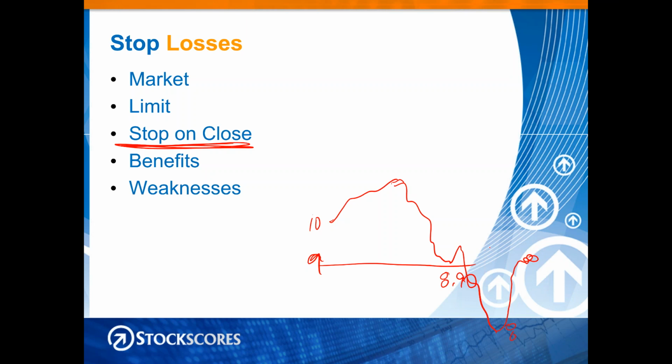Okay, so the benefit of a market order is it gets filled quickly. The weakness, you can get some slippage. The benefit of a limit order is you get less slippage, but the weakness is you may not get filled at all. Stop on close is a concept that we use for position trading mostly, a little bit on swing trading, and it's looking for the relevant candle to close below your stop loss point, and then you manually have to exit it. It requires discipline. You have to do the work, right? You have to do the work, first of all, to see if the stop was triggered. You also have to do the work to exit and be disciplined in that.